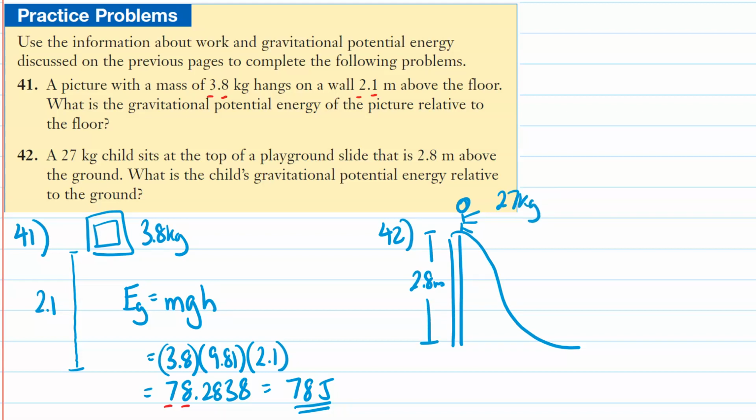So if we're looking for potential energy, we use the formula m times g times h. The child has a mass of 27 kilograms. We're on Earth, so gravitational acceleration is 9.81 meters per second squared. The height above the ground is 2.8 meters, so the potential energy relative to the ground is